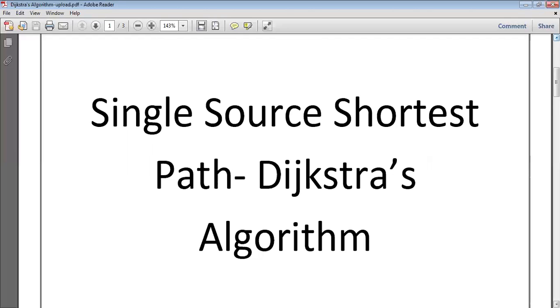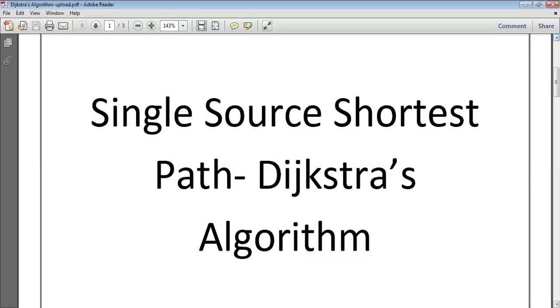So what Dijkstra's algorithm is going to do is start with a single source vertex, and then it searches for the vertex nearest to that source vertex. Then it goes to the next vertex which is nearest. Along its path, it will go on adding vertices to the subtree in such a way that it has the shortest path from one vertex to another vertex.